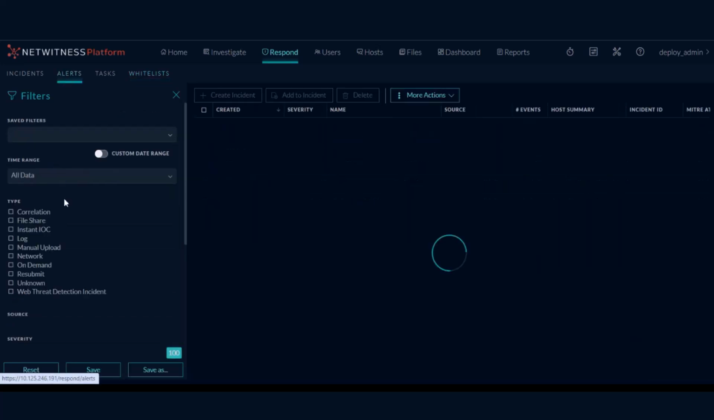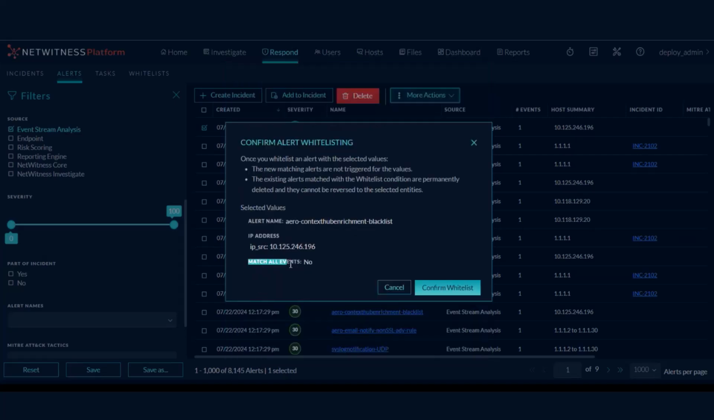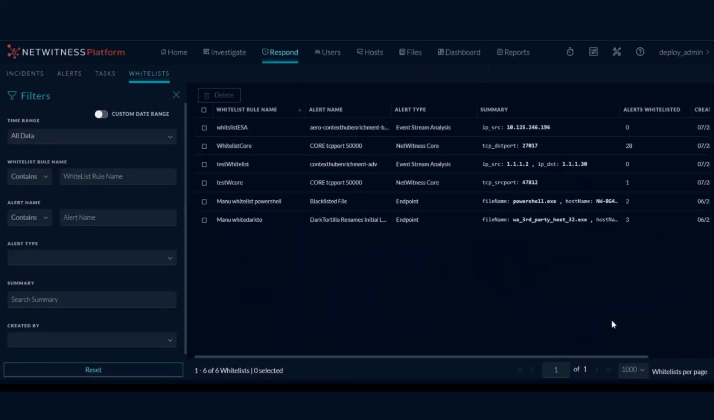So now let's do similar for ESA. So I have kept match any event, then any one meta key as I mentioned is needed, and even the comment. Now you can see that match all events is no. If I had chosen match all events, then this value would have been yes. And you could see that the ESA whitelist had come here. As I mentioned, you could already see that according to the incoming events, there are already 28 alerts which got whitelisted for this whitelist rule condition. So this is about